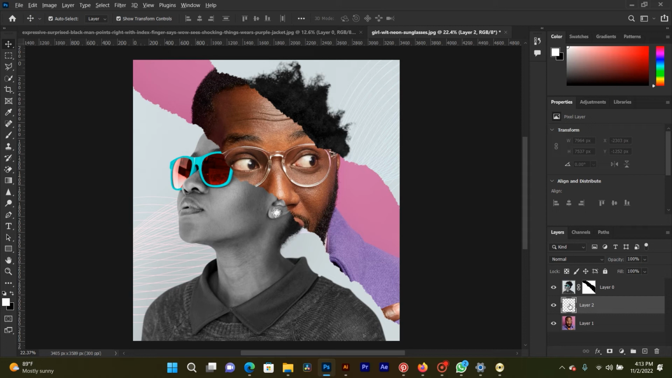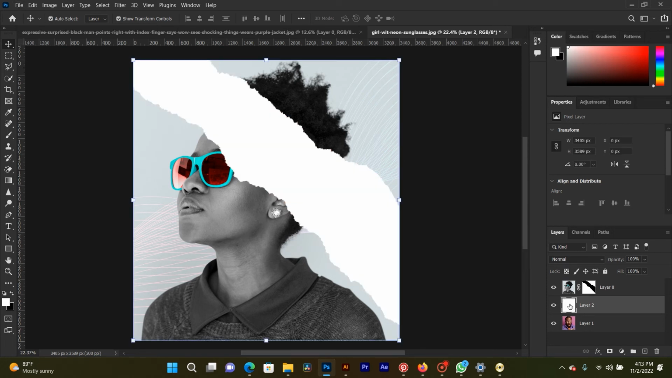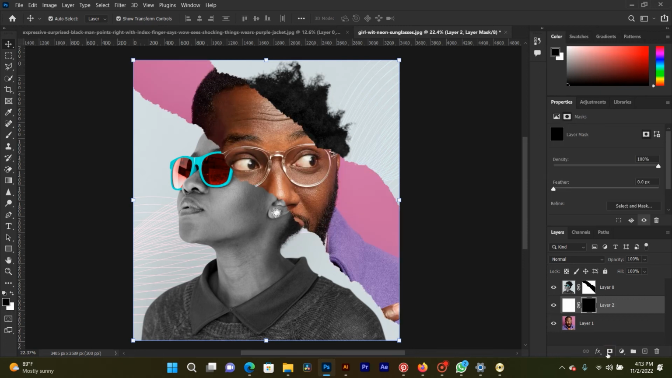Press Alt on the keyboard after switching the background, then press Alt plus Delete on the keyboard to turn the inside background to white. Now we are going to press Alt again, then click the layer mask, bring the image back, then switch the foreground color to white. Then we are going to grab our brush